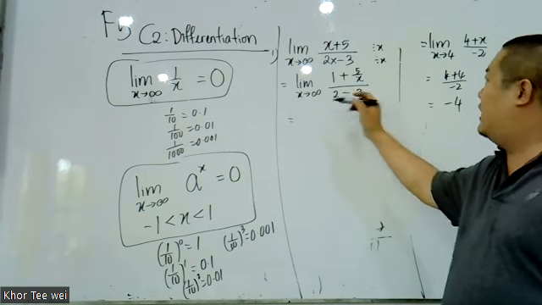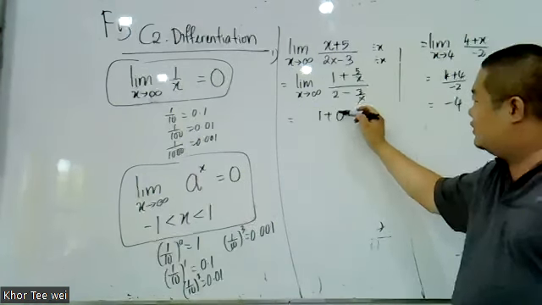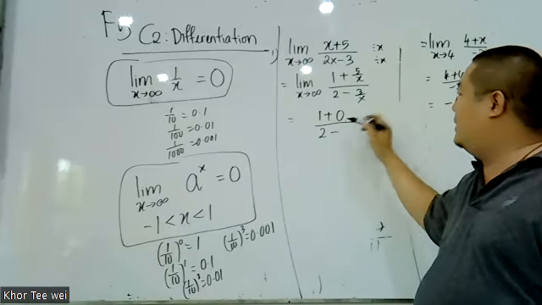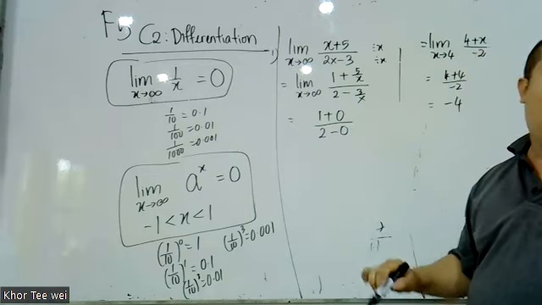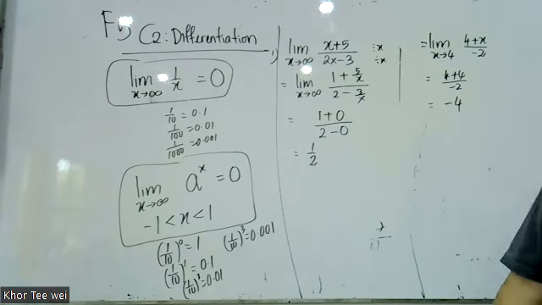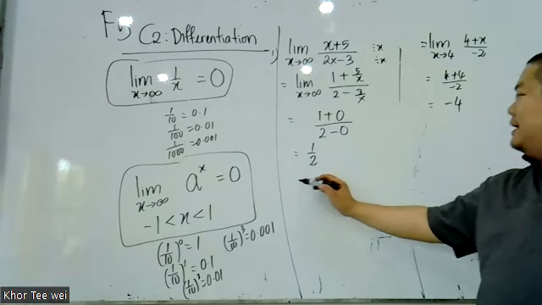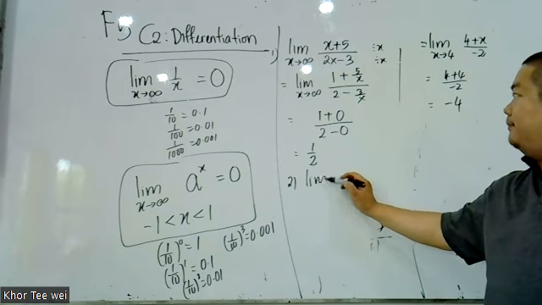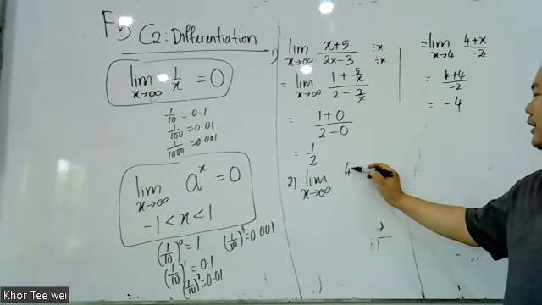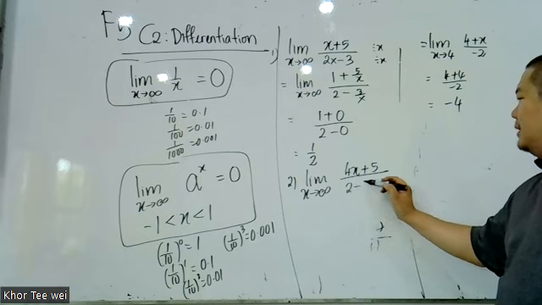And after that, I know that 1 plus 5 divided by a very large number is equal to 0. 2 minus 3 divided by a very large number is also 0, right? So it means that my answer is 1 over 2. Okay? So example 2: limit x going to infinity, if I give you 4x plus 5 divided by 2 minus